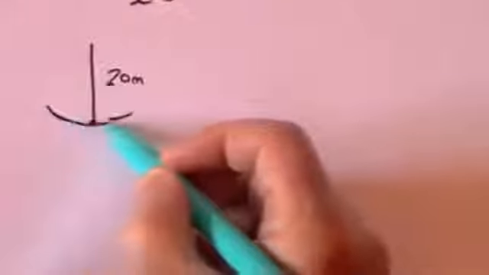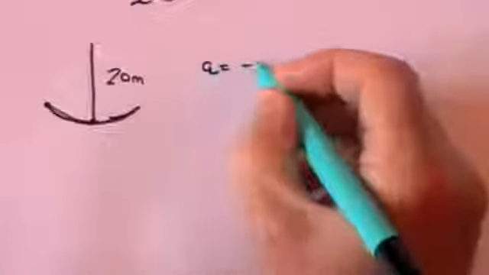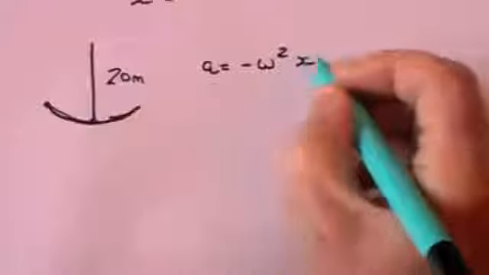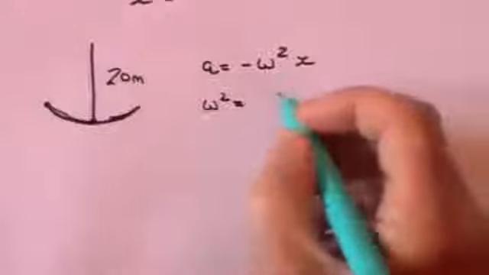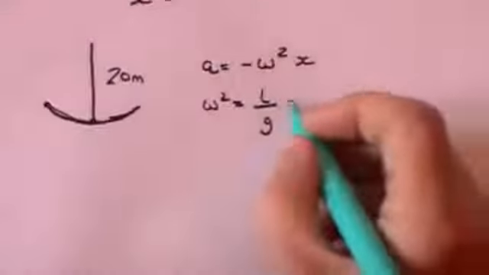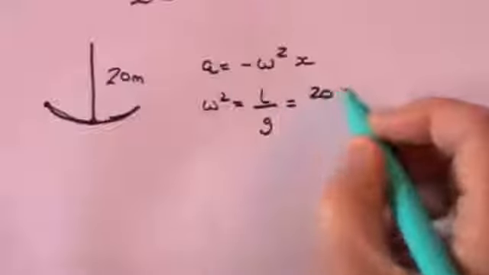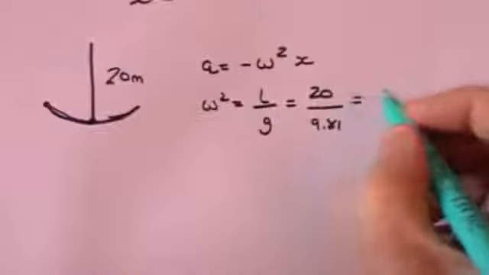And what I want to know is, how long does it take to do one complete cycle, which means it swings one way and then back again. How long did that one cycle take? For this, we're going to use the formula that the acceleration equals minus omega squared times x, the displacement, and for a pendulum, omega squared is L, the length of the pendulum, divided by g. Well, you're told that the length of the pendulum is 20. You know that g is 9.81, so that gets you